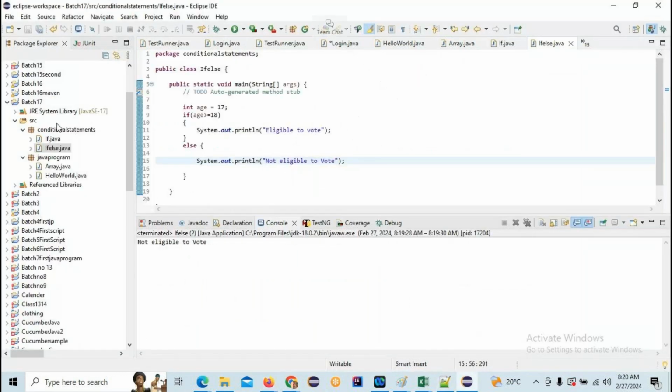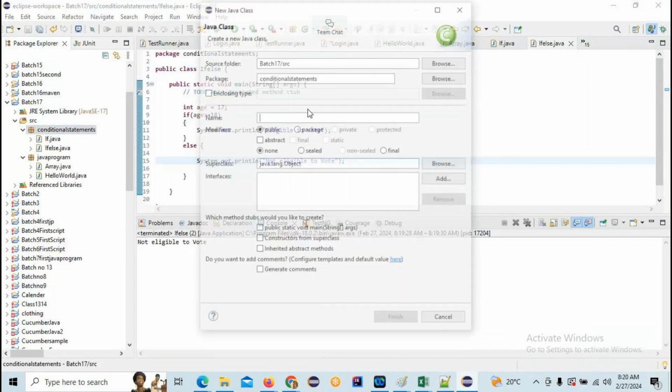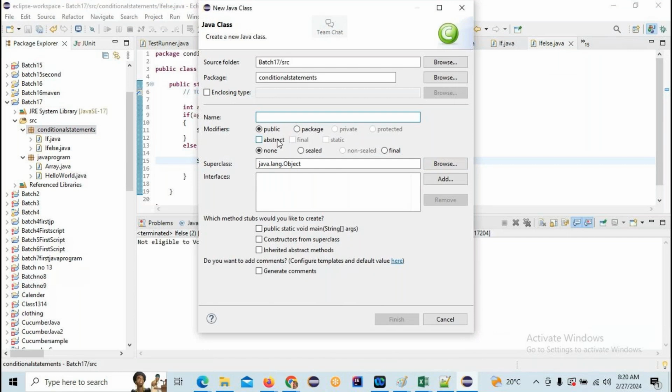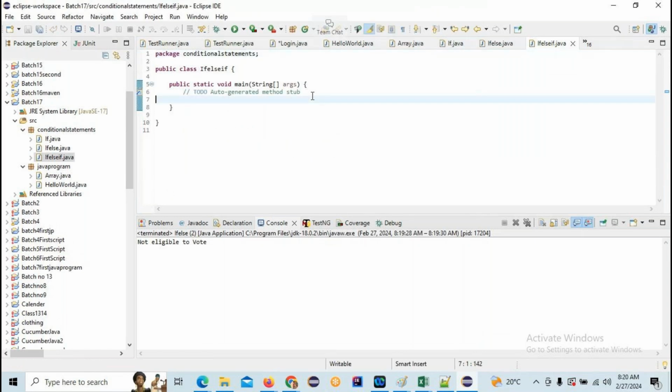So what I can do is, here I am going to create one more class. I'm writing in separate files. Later it will be easy to understand. So that's the reason I'm not writing in a single file. Okay, if else if. So I'm writing here. What I'm going to do here is, first, initially I'm declaring int marks equal to 70. For example, I got 70 marks. So what I can do is, if marks